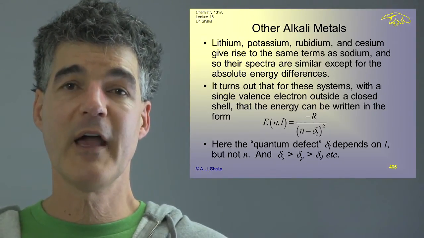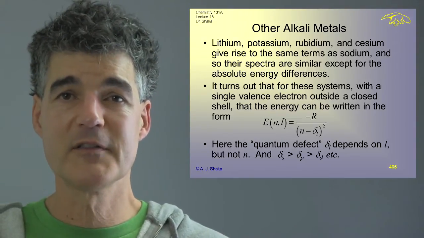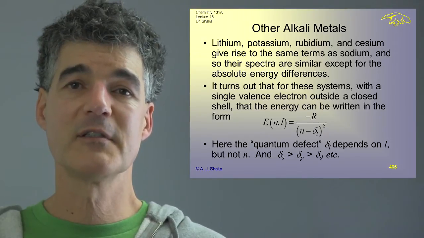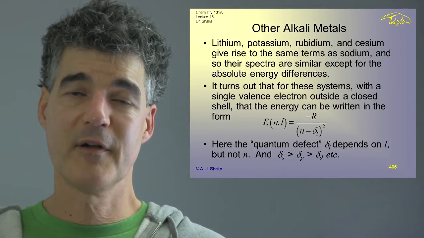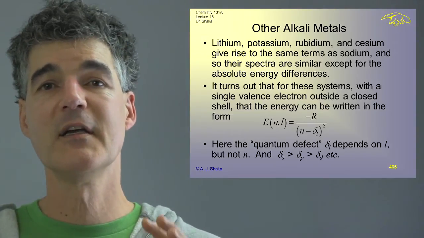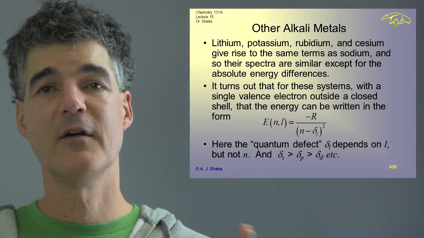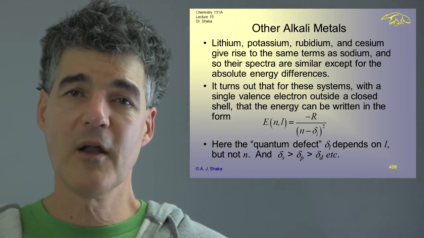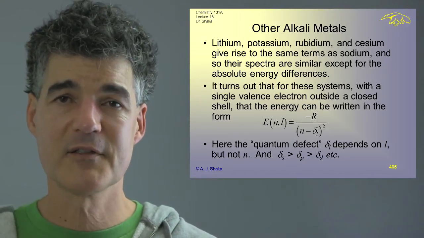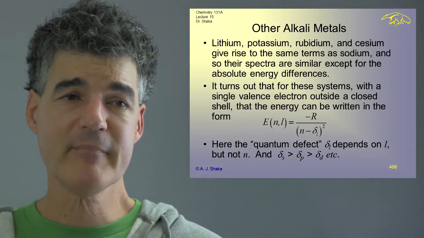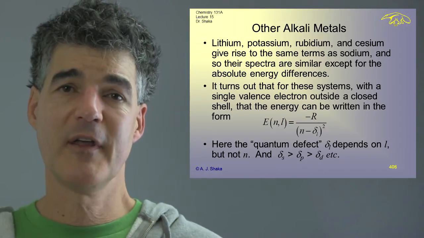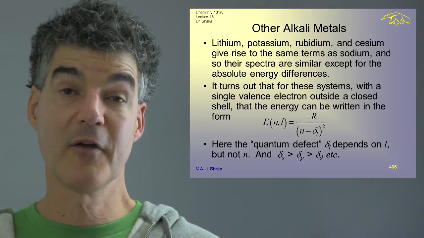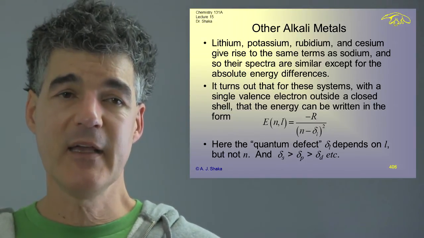Unfortunately for other atoms, carbon or something else, no simple theory like this is even going to be close to the truth. There are too many other problems. But at least for a single electron outside a closed shell, there's this slightly different formula. And this so-called quantum defect, as it has been called historically, has a value that is bigger for s orbitals. They have a bigger defect than p than d.